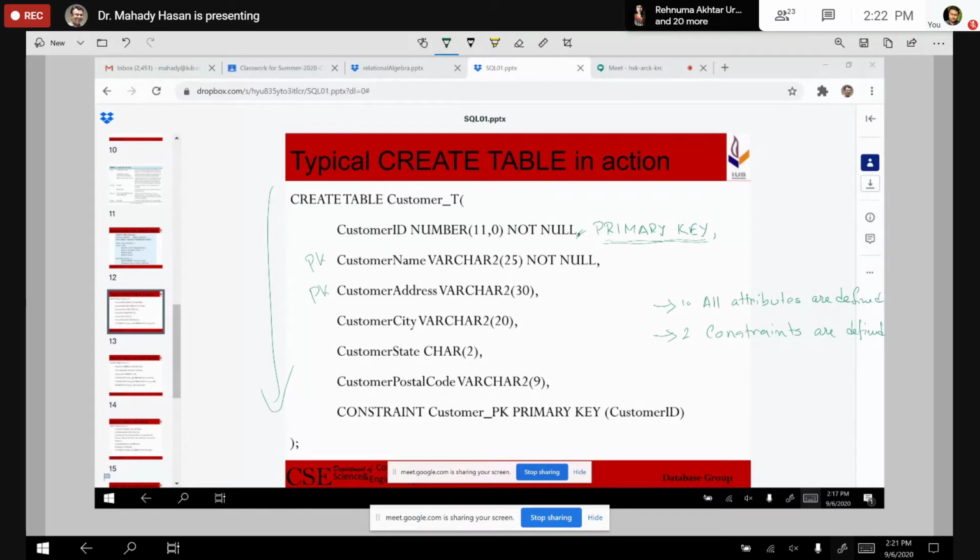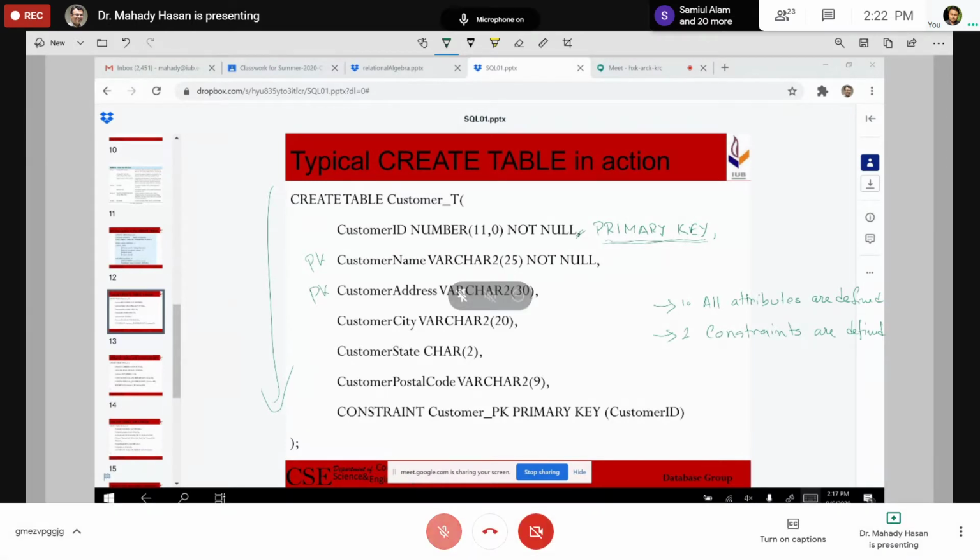Now primary key, what is a primary key? Will this fall under criteria number 1 or criteria number 2? Primary key is a constraint, so it would be under criteria number 2. Now if I remove the table, I am basically removing both 1 and 2. But to change the primary key, I just need to change the constraint. I don't need to think about the structure because the structure is right.